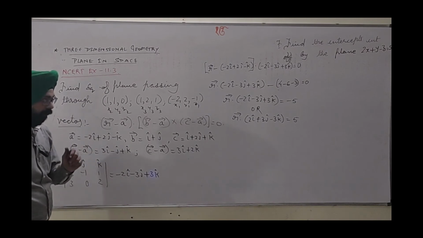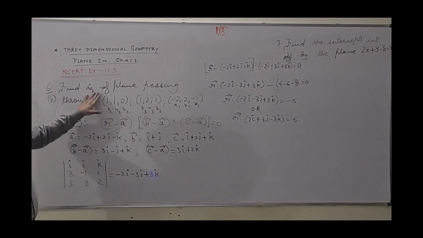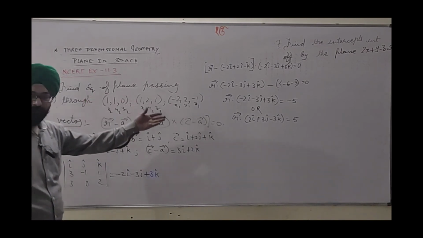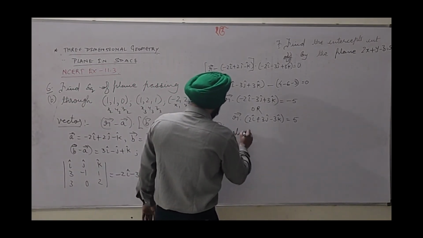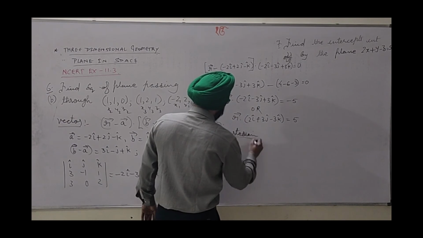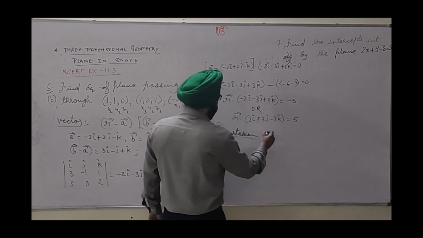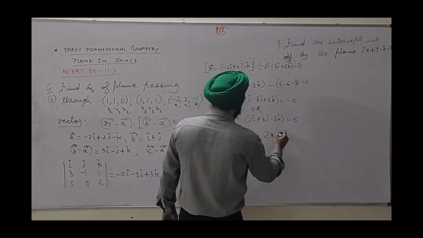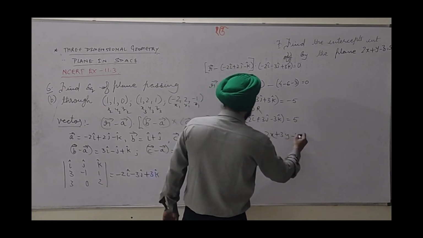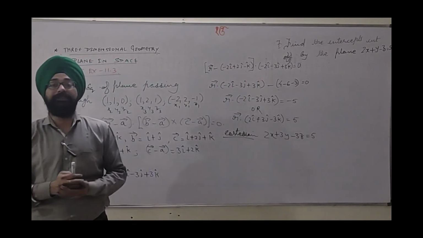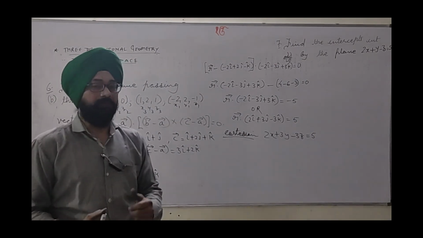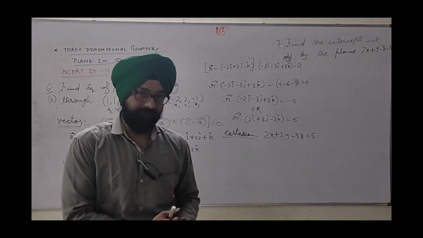Okay. Now, Cartesian form. Nothing is mentioned here, so any form can be written. What is the Cartesian form? I hope you are able to write. Cartesian will be 2 with x, 3 with y, minus 3 with z equal to 5. So finally we have obtained the Cartesian form. Means you have to put your efforts into one form, the other can be obtained directly.